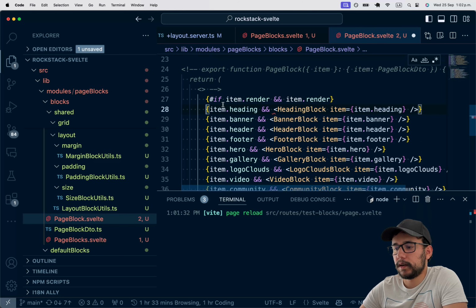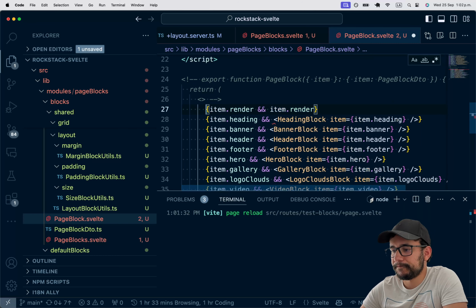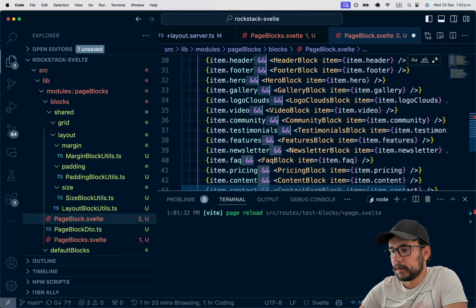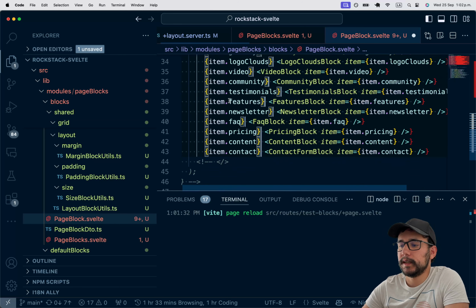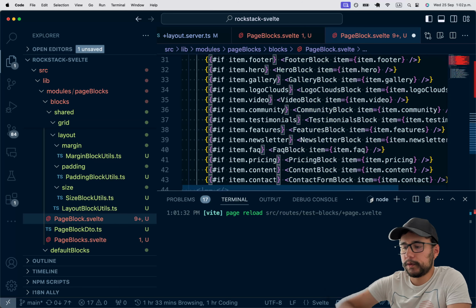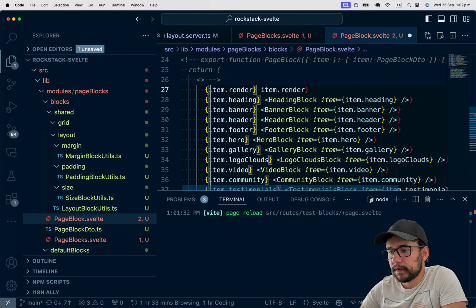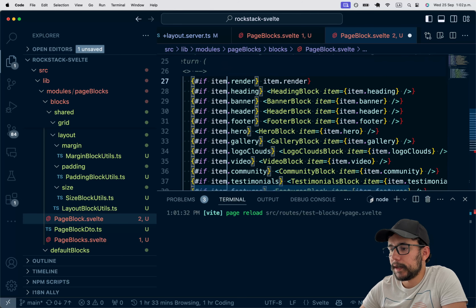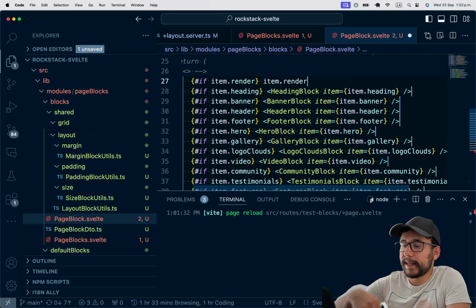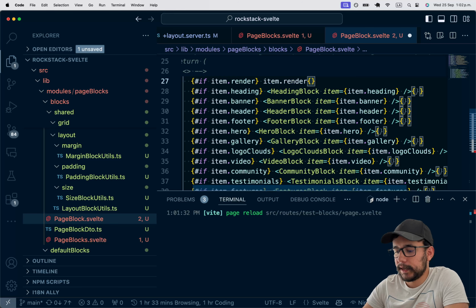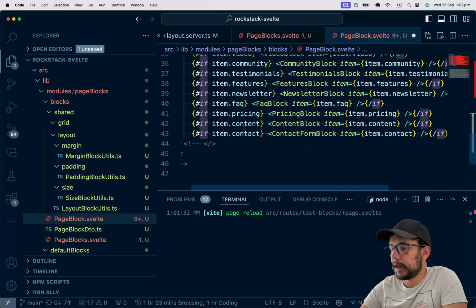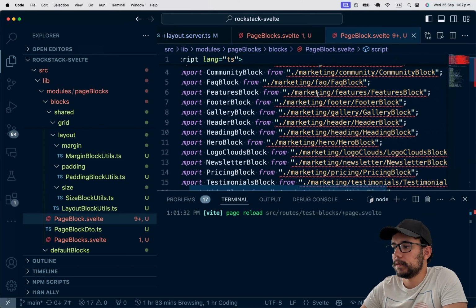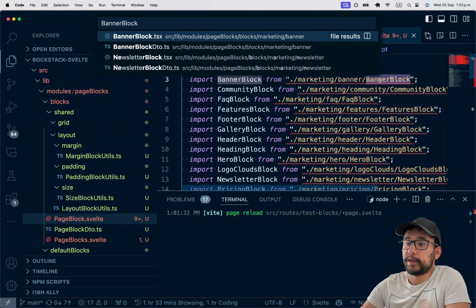So I'm gonna replace all the ones that have this double ampersand, and replace that with a closing, and go to the beginning and put an if, and then go to the end and remove that closing brackets and put slash if. And I think this is migrated, so we should be able to go to the next one, which is banner